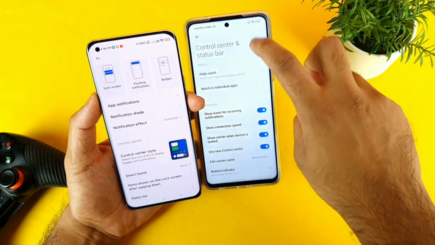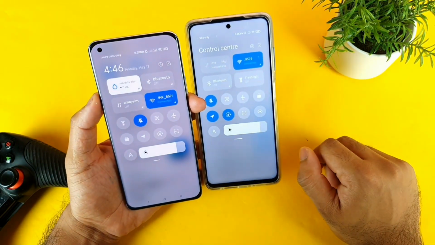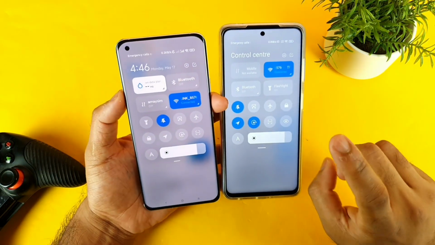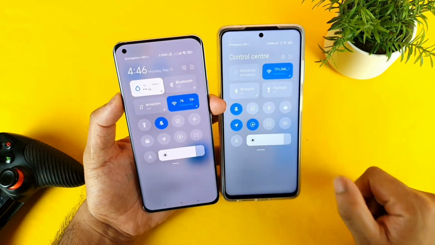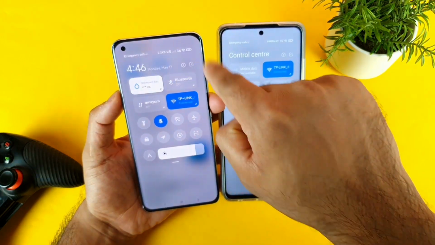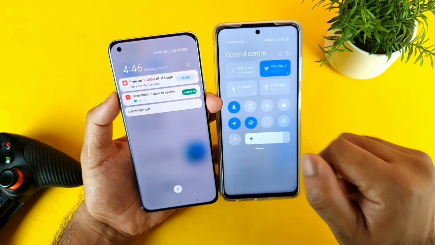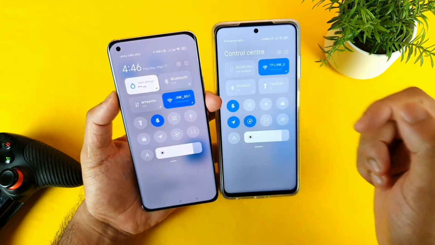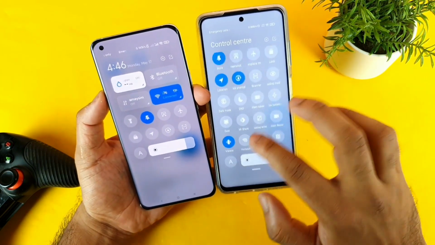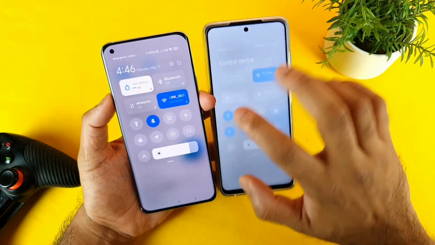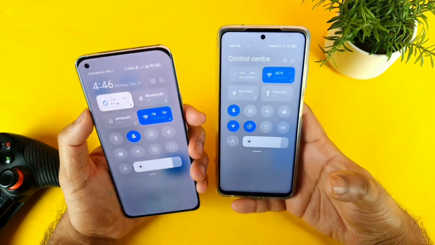And next, let's move to this top column. When you try to swipe it, as you can see friends, there's a special feature present in MIUI 12.5. When you open this control center and swipe left, you can see all the notifications, and when you swipe right, you get to the control center, which you cannot do in the previous MIUI version. As you can see, you cannot swipe to go to the notifications from the control center. That is one change.